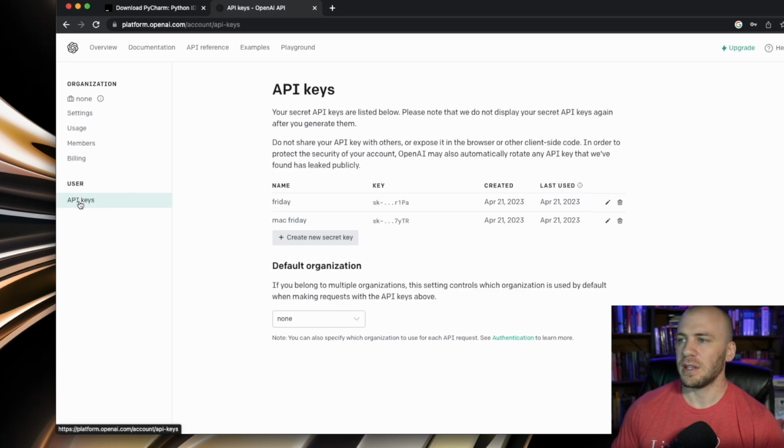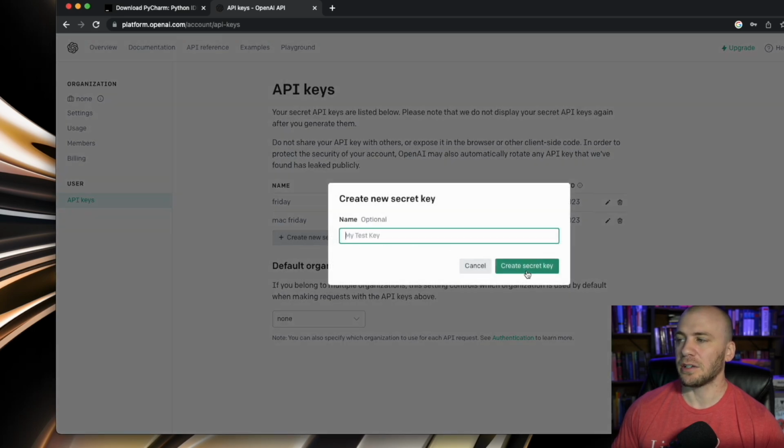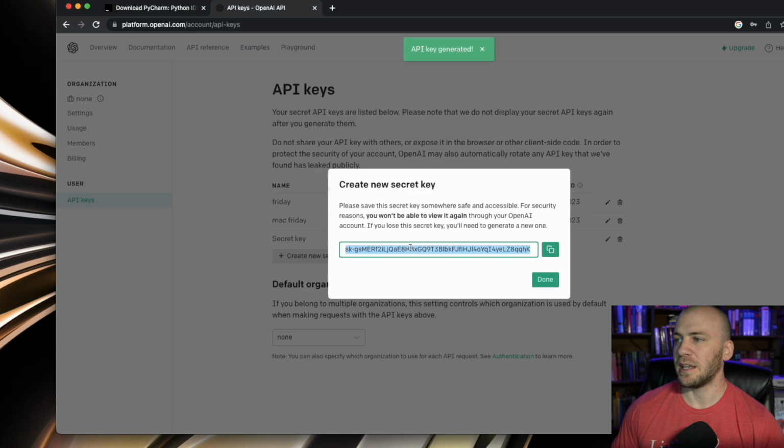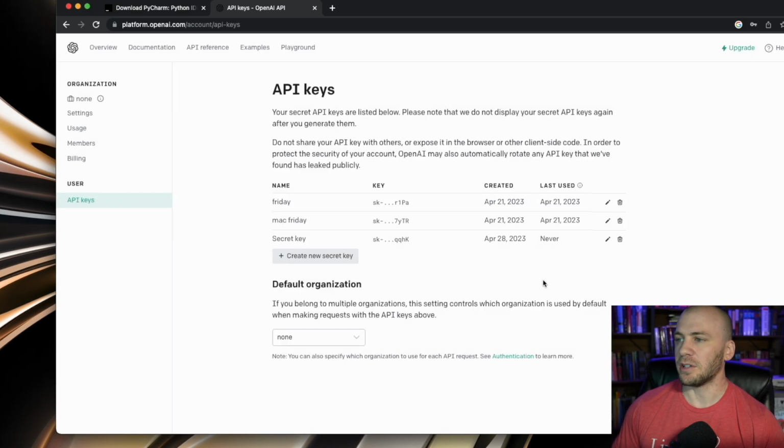And you can come down to the API key and you're going to click create a secret key and you're going to click create. And a lot of you are going to be saying, why would you put your API key out? I will just delete this API key once this video is done, so don't try to use it, or you can try to use it and it's not going to do you any good. But I'm going to delete this, and then once you have your secret key, you need to copy it and save it somewhere, because once you close out of this with done, there's no way to see this API key anymore. It's gone. So you click done, and you're not going to be able to see that API key anymore.